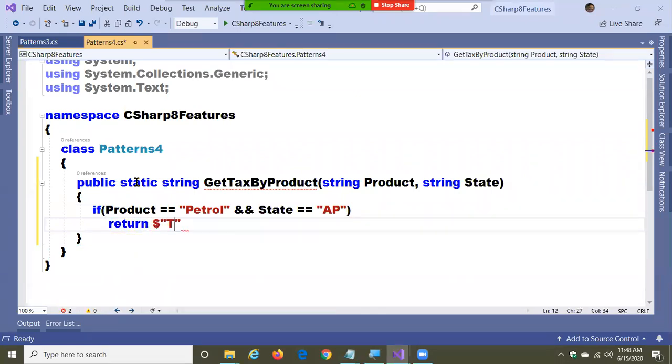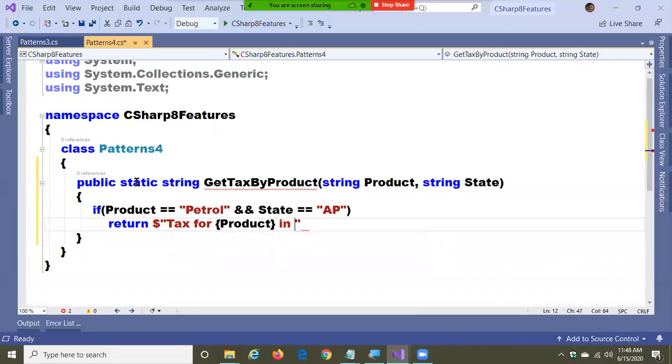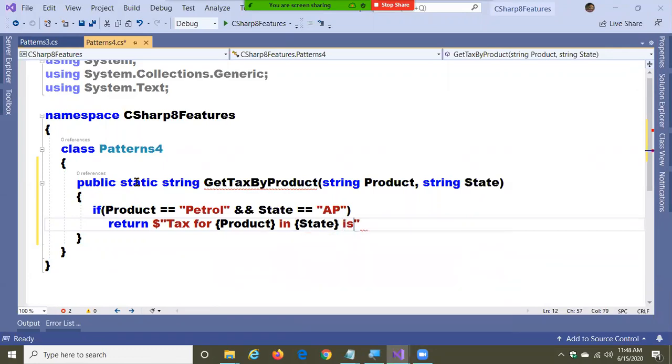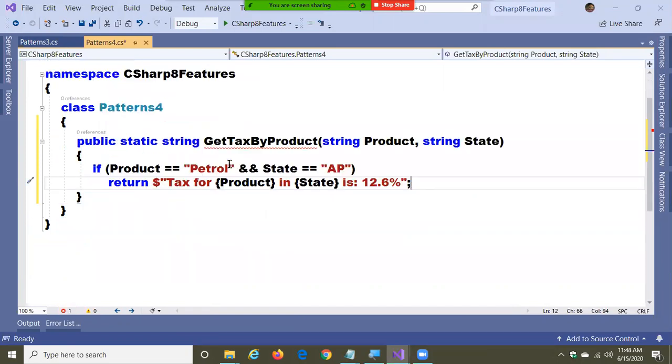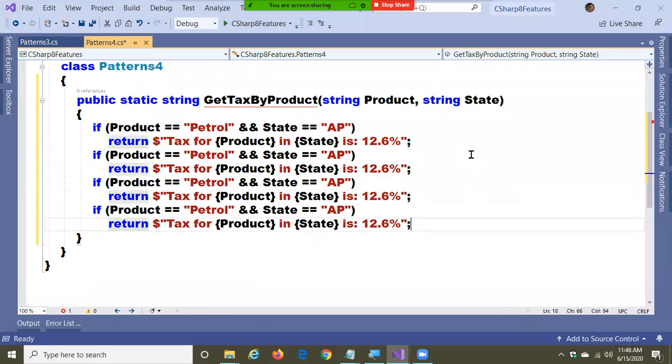a string: tax for the name of the product in the name of the state is some value, 12.6%. 12.6% is the tax rate. In the same way, I want to take different values.